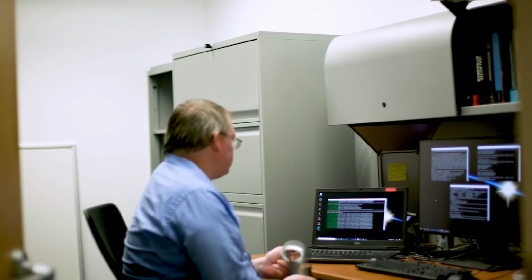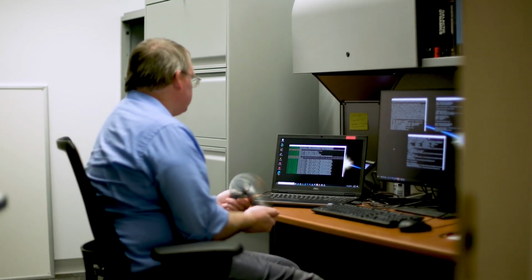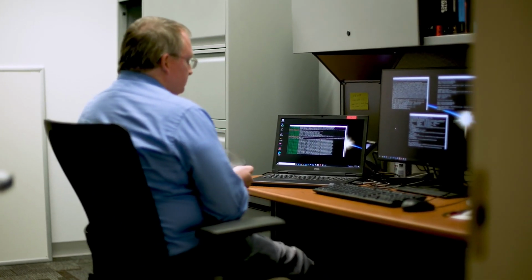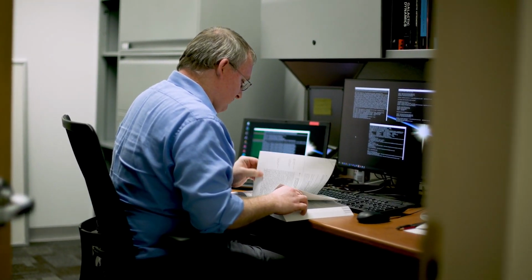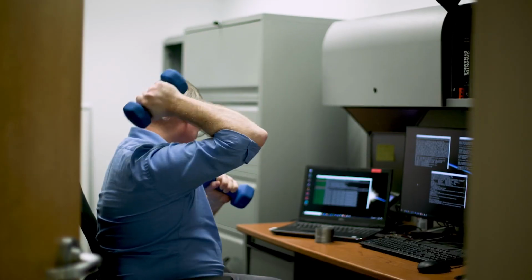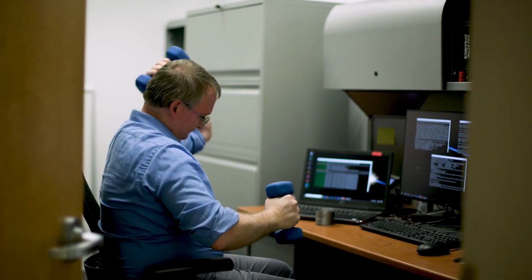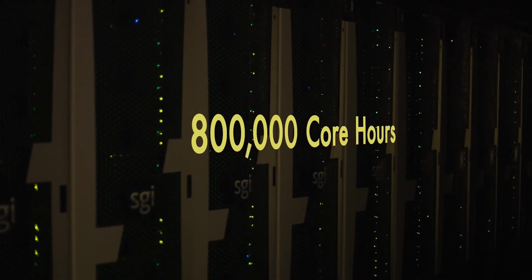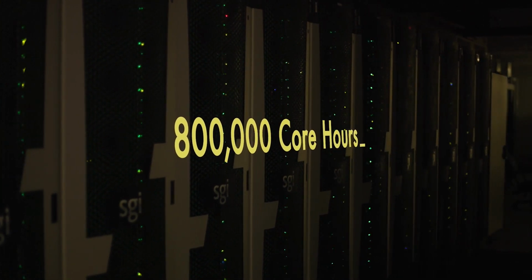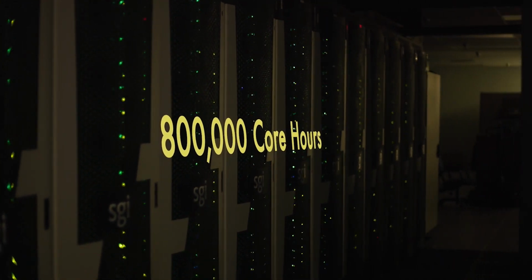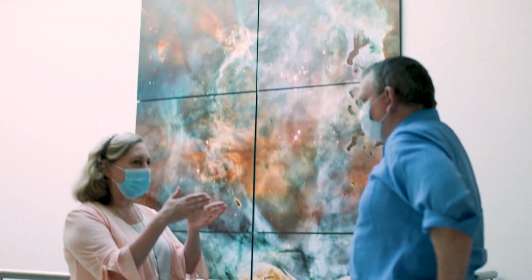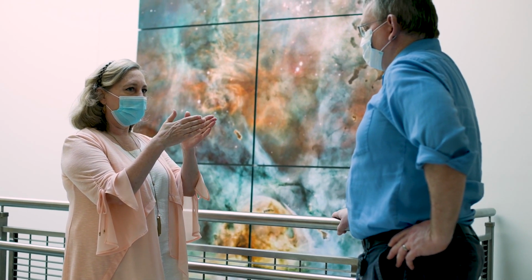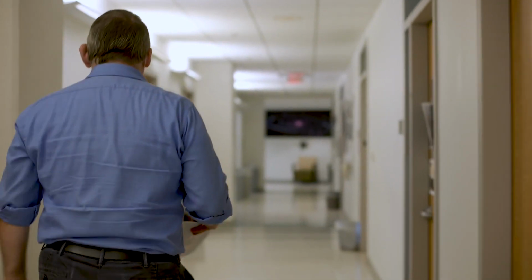All I can tell you is there were days that I asked Ryan how things were going, and he said, it's going to be another few days because I have simulations running. So for the paper that we wrote for this particular result, it was about 800,000 hours of computational time. When I'm actually doing the research and doing the simulations, like I said, I don't think too much about it, but when I talk to other people and explain what I'm doing, that's when I realized, oh, these are really big simulations, and